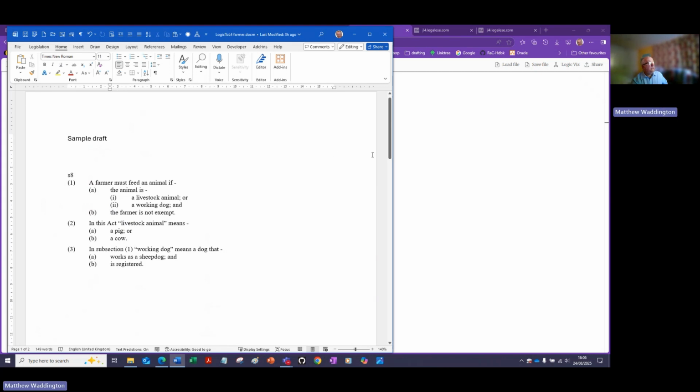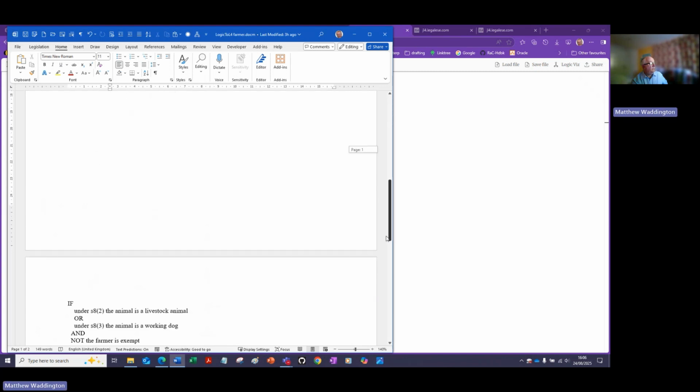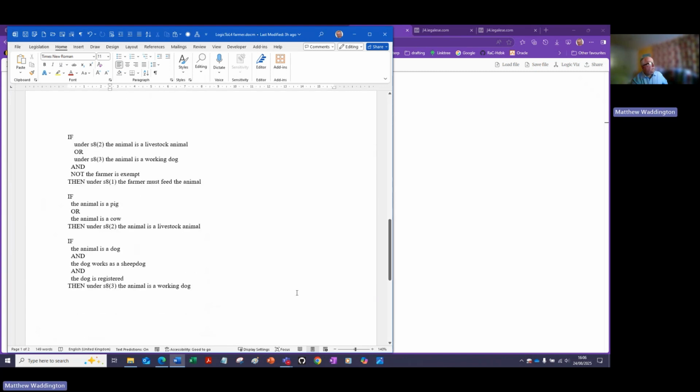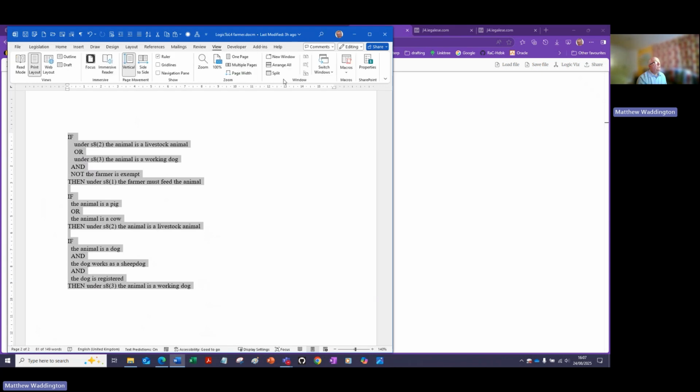Once you have gone from the draft itself to this if-then version, and as long as you put in 2 spaces for 1 indent and 4 spaces for 2 indents, then you don't need artificial intelligence. You don't need to understand how it works necessarily. You can use this macro